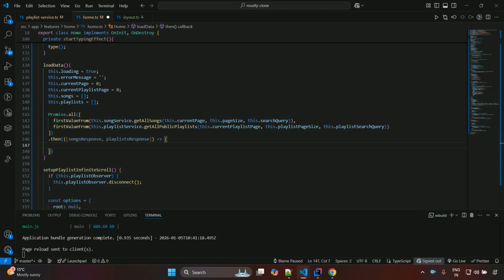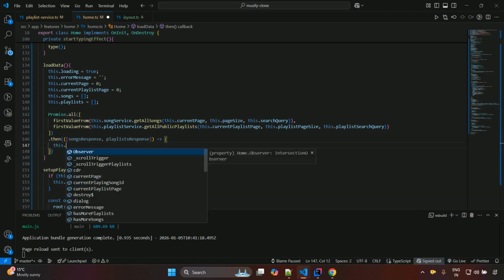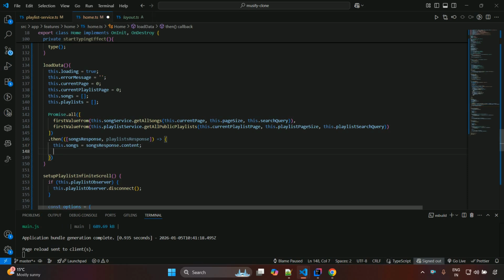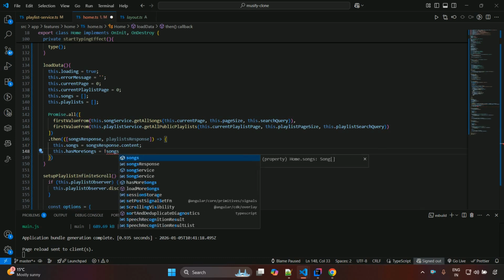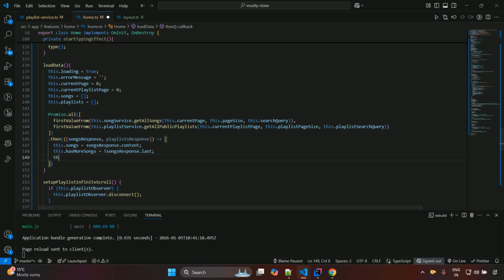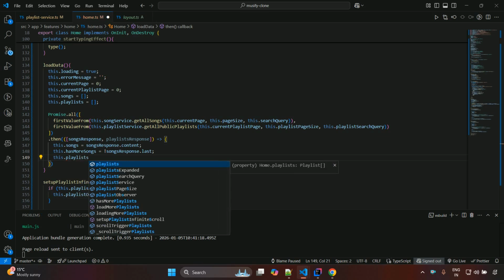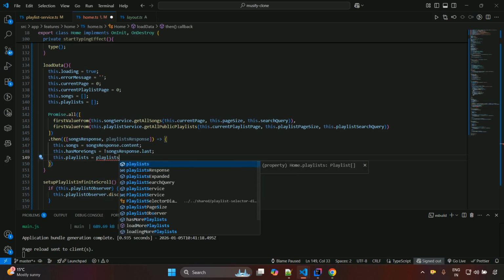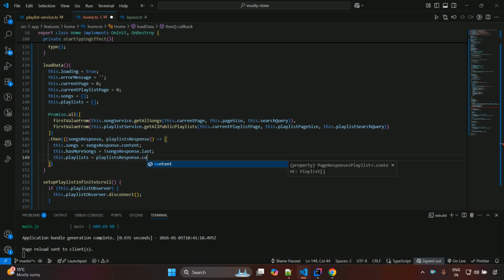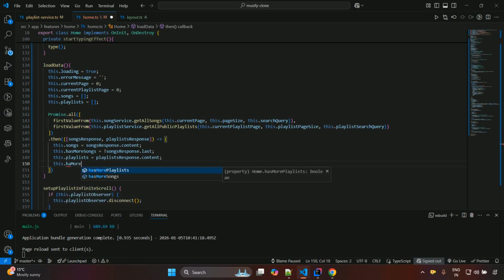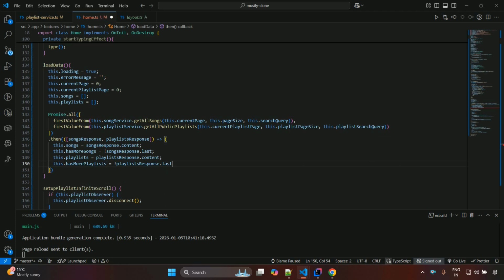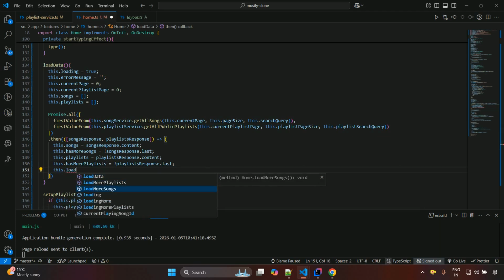Now we have to write the logics related to it, like appending the songs and all those things. So this dot songs is equals to songs response dot content, and this dot has more songs is equal to not songs response dot last, and this dot playlists is equals to playlist response dot content, this dot has more playlists is equal to not playlists response dot last, and after that this dot loading we are going to make it as false,